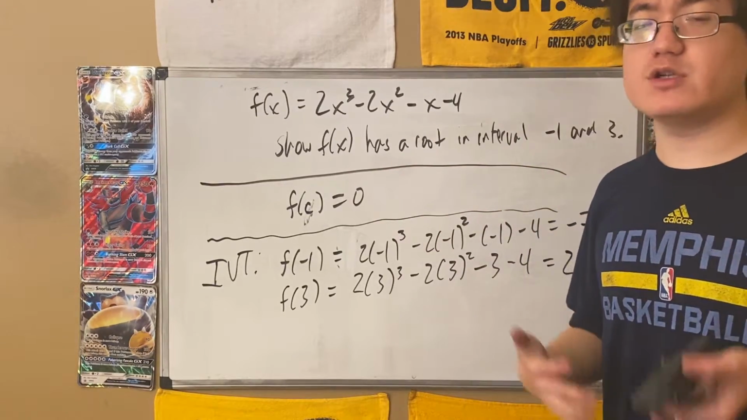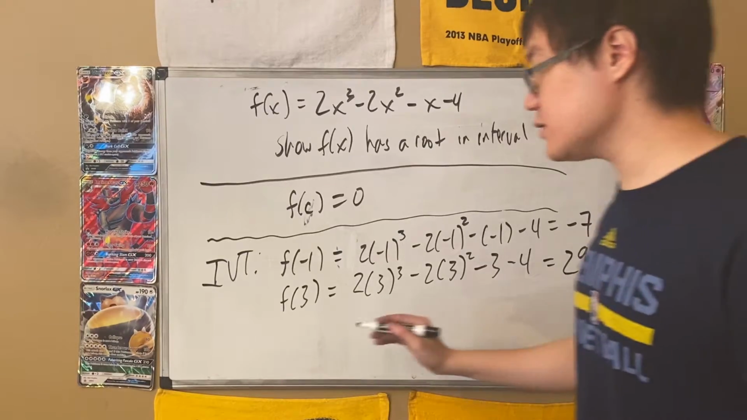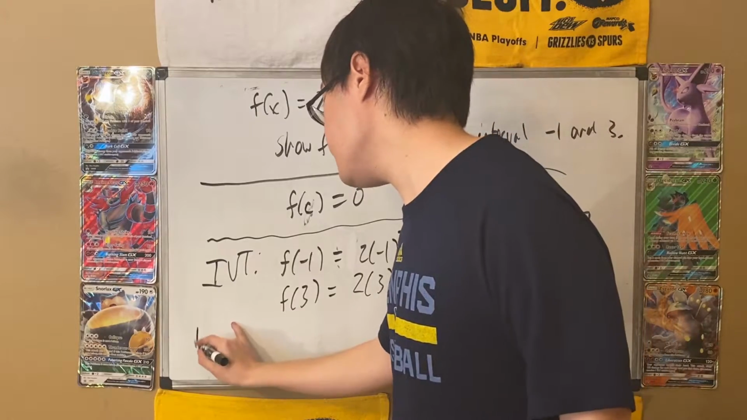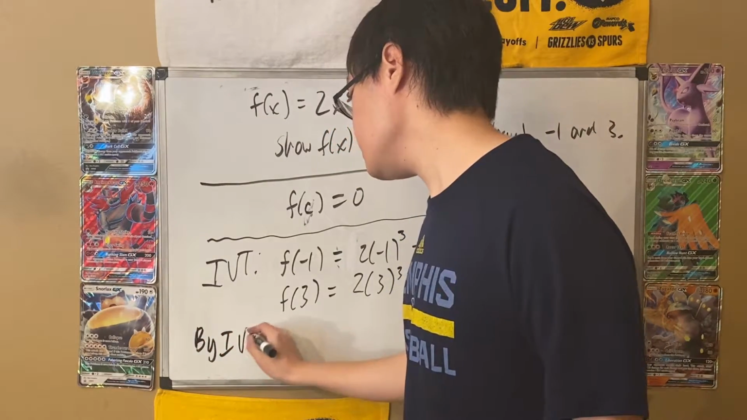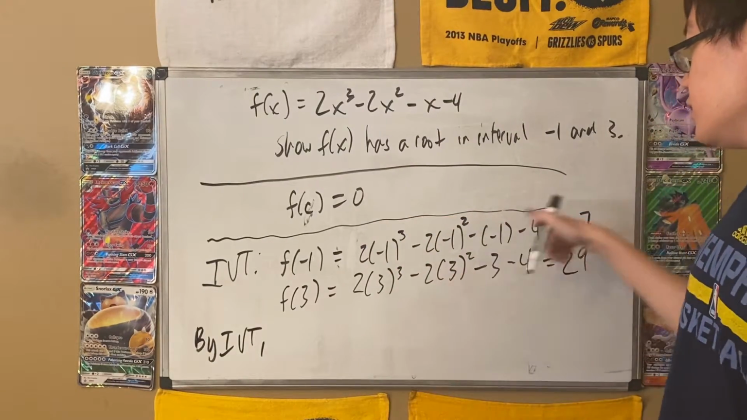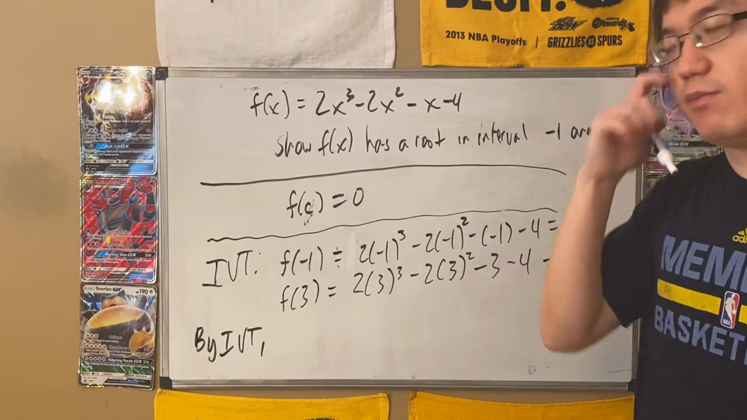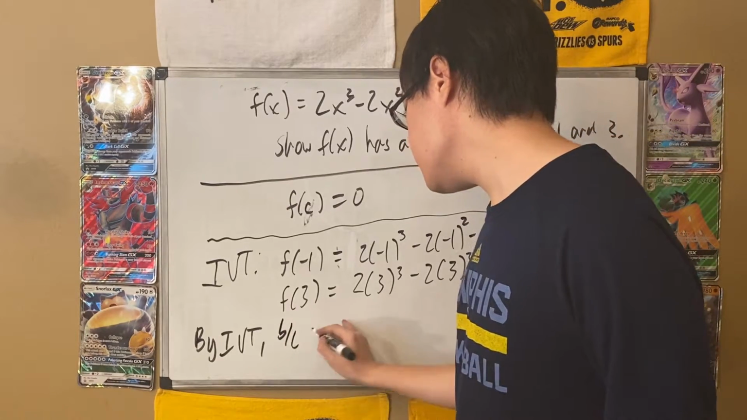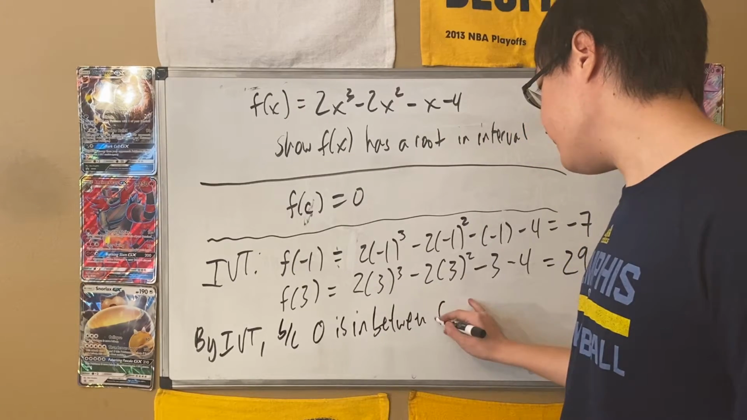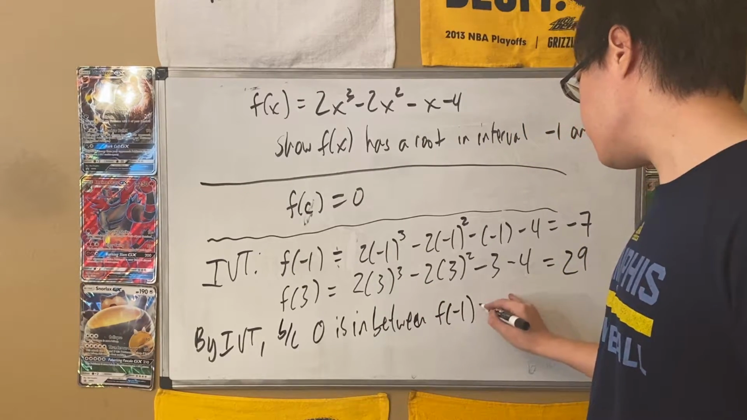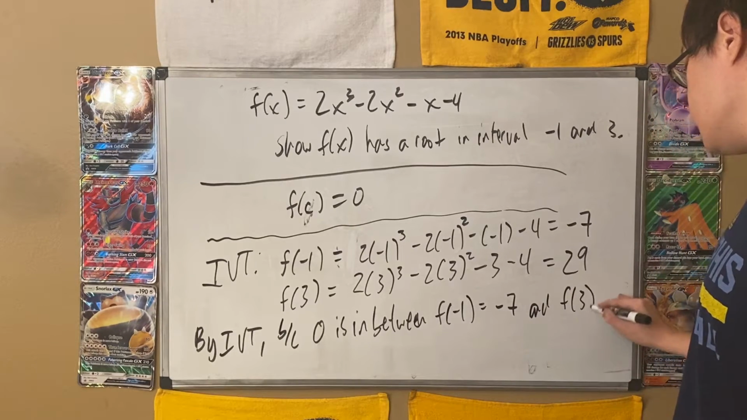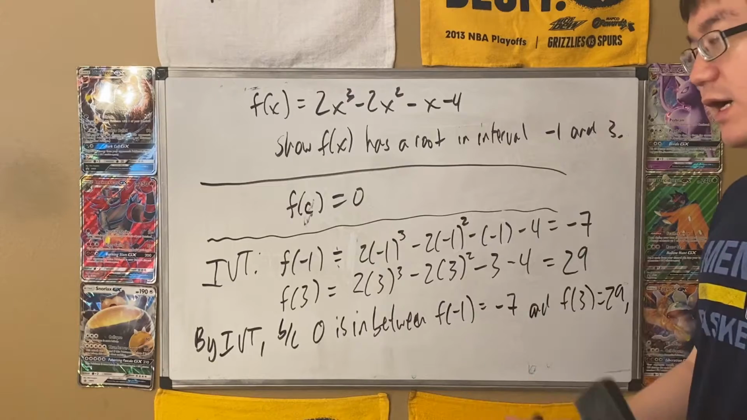To finish the question off, you just have to write a sentence. So when I write a sentence, I always start either by IVT or MVT, depending on what we're choosing. So by IVT. And the way IVT works is that you want to say that your y value is in between the y values of the endpoints. So because 0 is in between f of -1, which is equal to -7, and f of 3, which is equal to 29, by IVT,